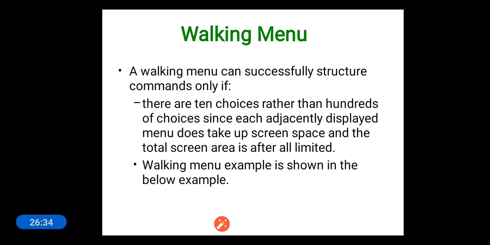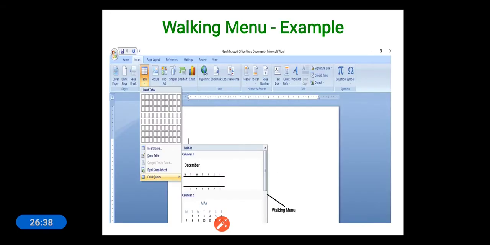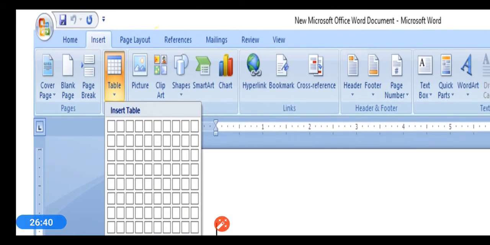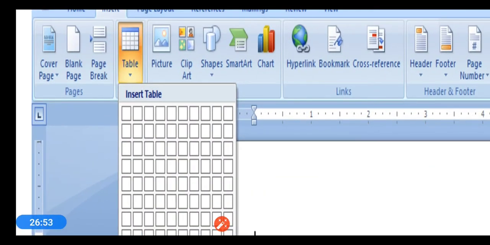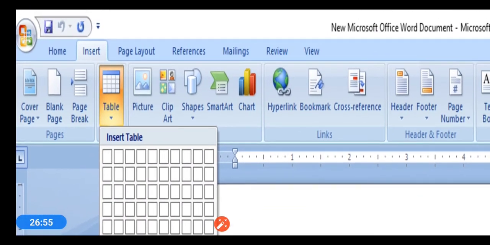Let us see an example of a walking menu here. First I had selected Insert. Then, in Insert, I had selected Table.